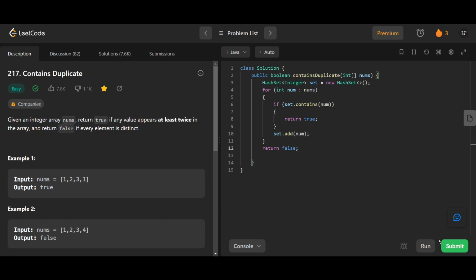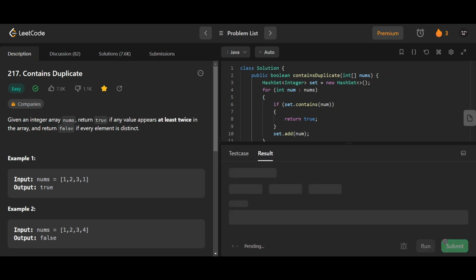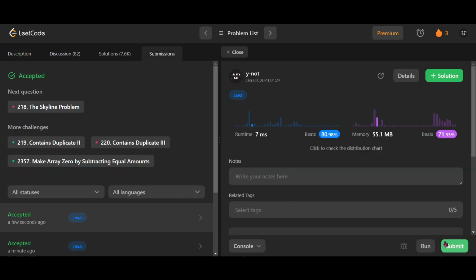All right, submit. And this gets accepted as well, and it has a better time complexity. All right,